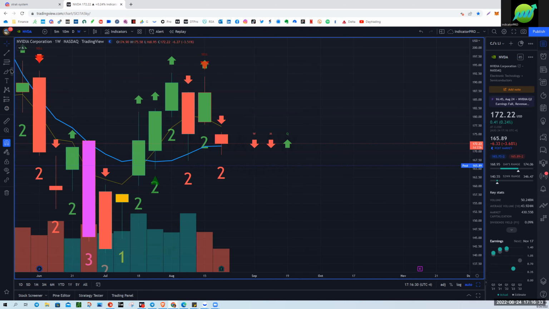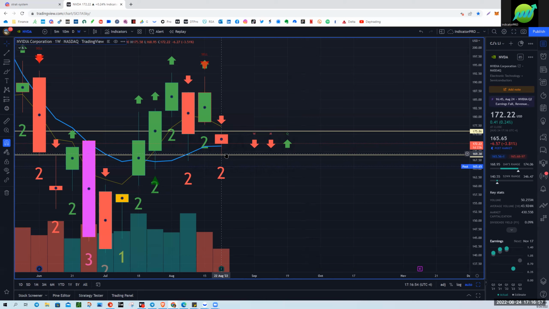Okay, and one of the ways to be able to set the support and resistance for day trading is basically being able to cover the top wick on the previous week, and then the bottom of the previous week right there. Okay, so that kind of gives you the top and the bottom, and whichever way that it breaks, that's the trade that you are